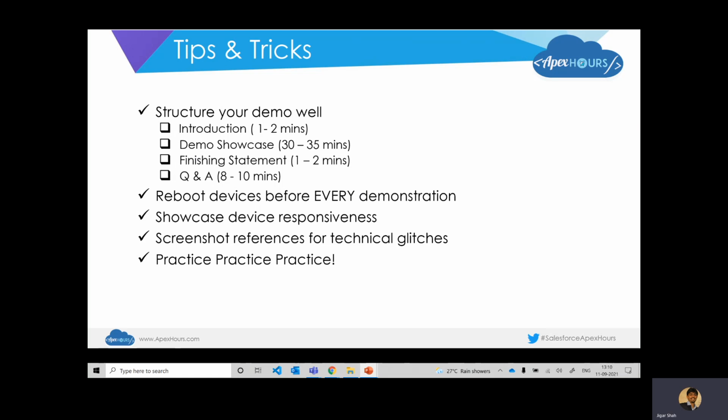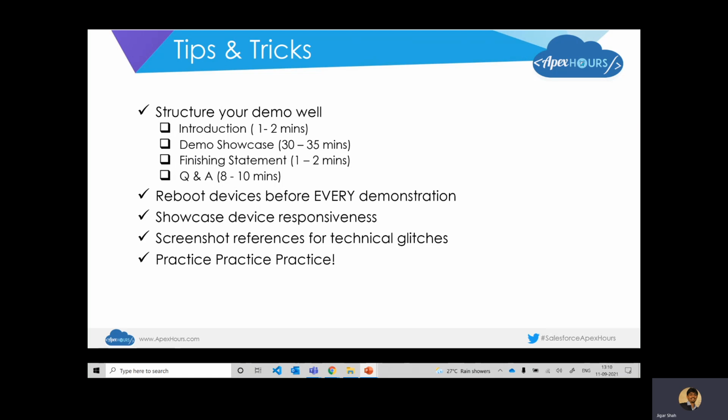But even after that, let's say things go wrong, and because of which you're not able to demo it, make sure that you have screenshots of your respective demonstration or flow, which in case of jeopardy helps save the day for you, and that doesn't stall you from really completing your Salesforce demonstration.